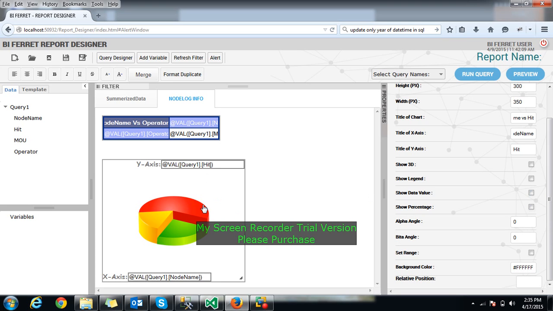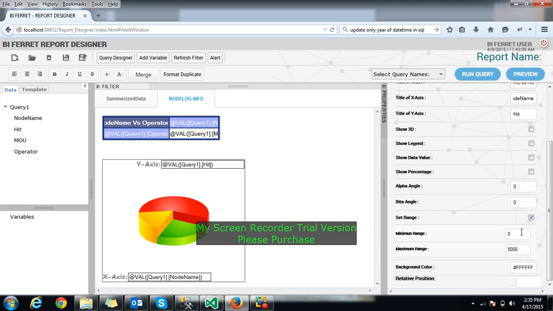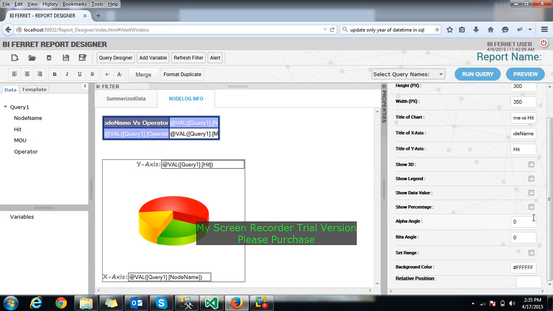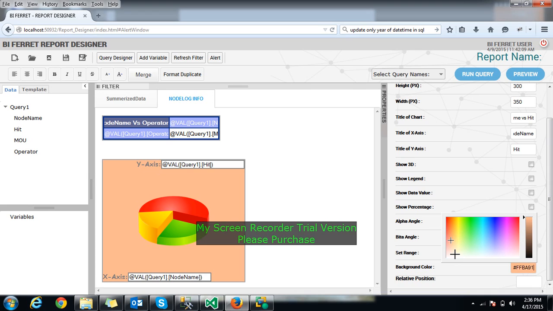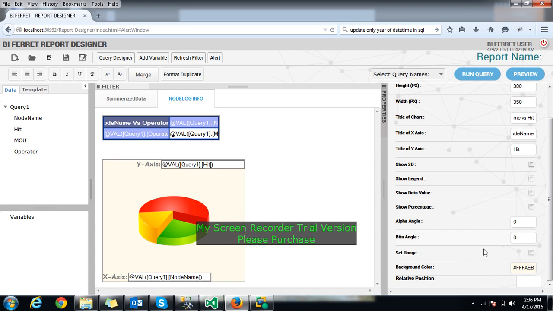If I want to set the angle of the 3D, then I just have to set the alpha angle and beta angle. If I want to set the range, then I just have to click the range, and this is the minimum range and this is the maximum range. And if I want to set the background color, I just have to set it, and the background color changes. So this is how we can set the chart